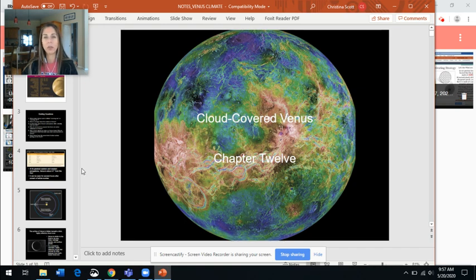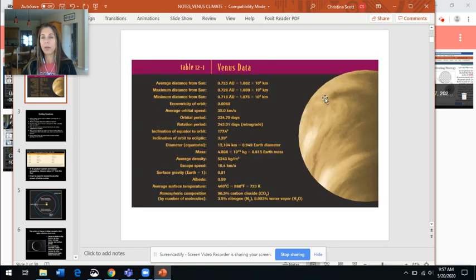So just to start this off, the first page in your slides is a picture of Venus' surface. It's covered with clouds, but that is an actual picture of the surface of Venus. But most of the time it looks like this on the right-hand side. And this is some data about Venus, and some of it you actually already know from your reference table, all right? If you want to follow along,